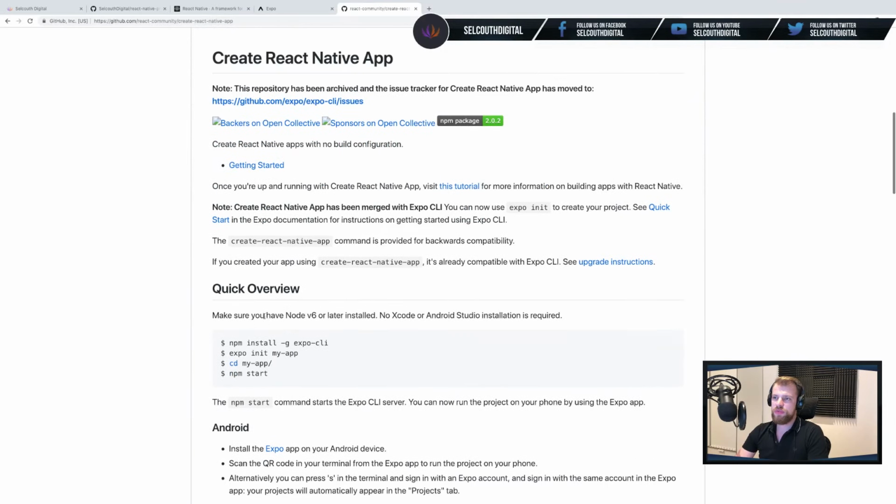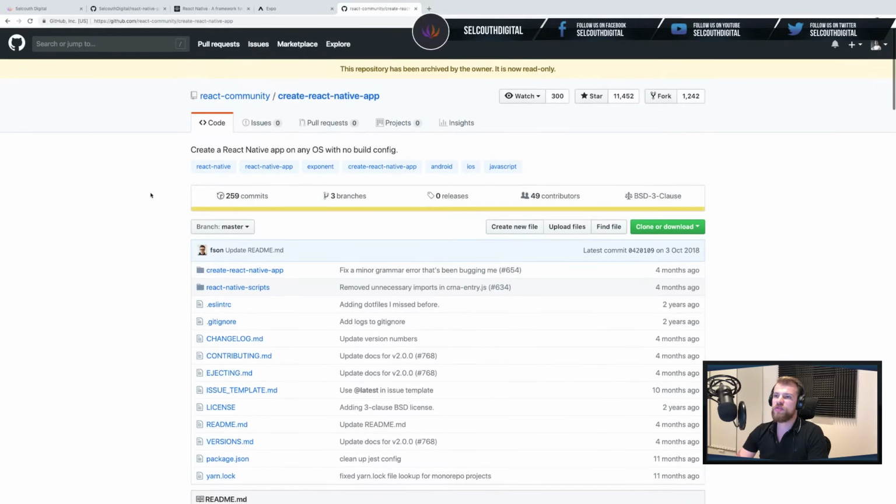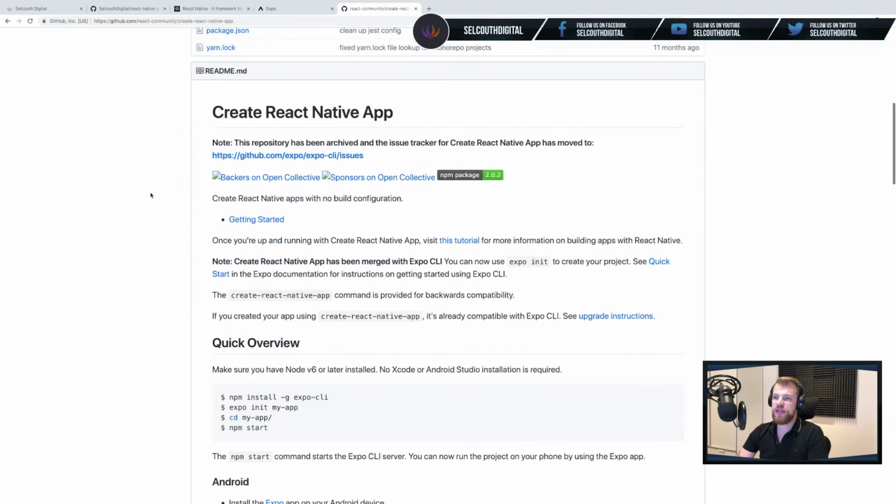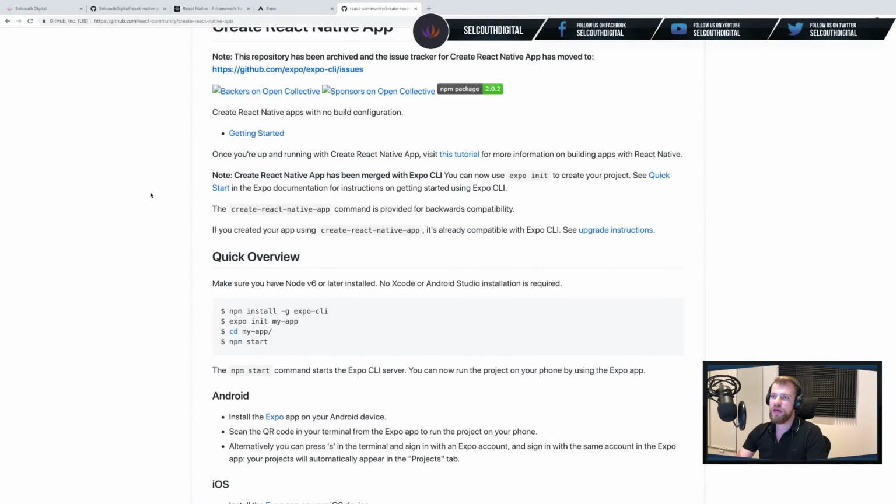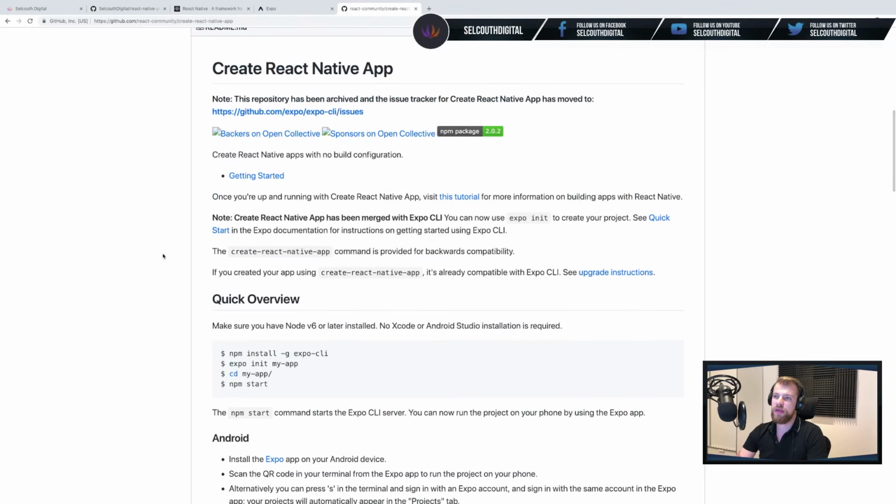There you go. So this is their repo. This is where you can actually get the information on how to install this particular boilerplate. By default, I think from version 2 onwards, Expo became a part of Create React Native App, or Create React Native App became a part of Expo CLI. So now you can just use